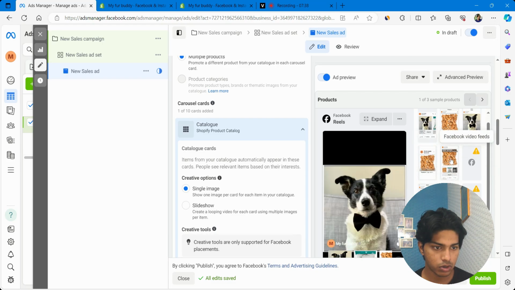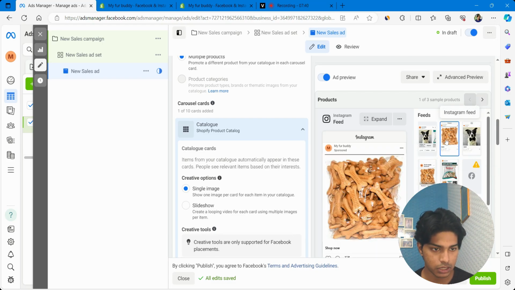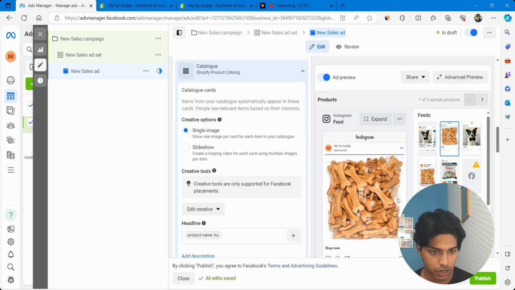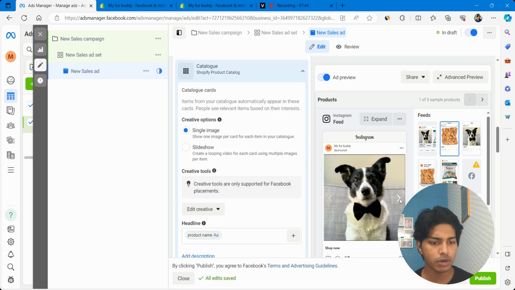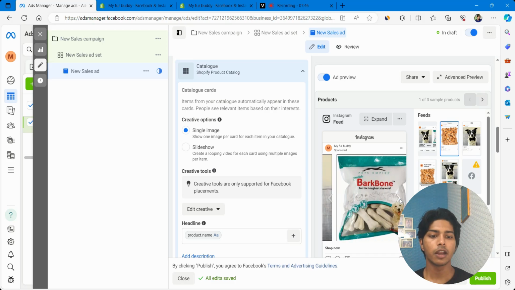Instagram Explore, Facebook, where is Instagram feed? Yes, this is what it looks like on Instagram feed. You get a button here, and you must have interacted with such products. Now the thing is,